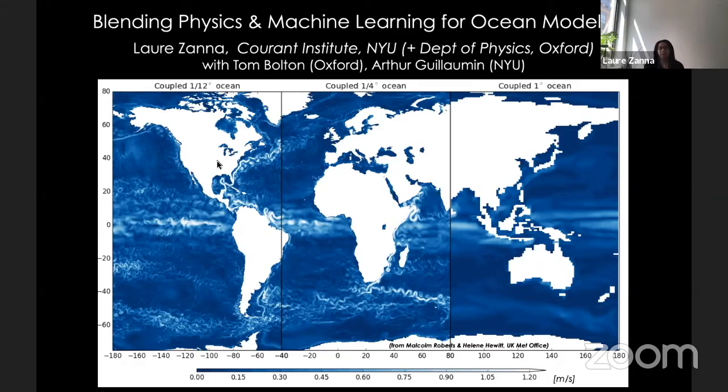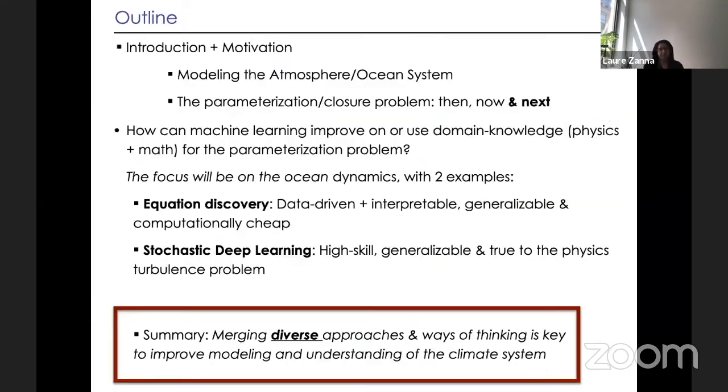That means that when I resolve more of the physics, more of those small scales, I have a better representation of ocean currents, their variability, the way the ocean takes up heat and carbon, all those things that are quite important for the climate system. So now the main question we're trying to address is, how do I represent those processes that are not resolved in the coarse resolution model on the right, but without the computational expense of running at very, very high resolution? That's what I'm going to discuss.